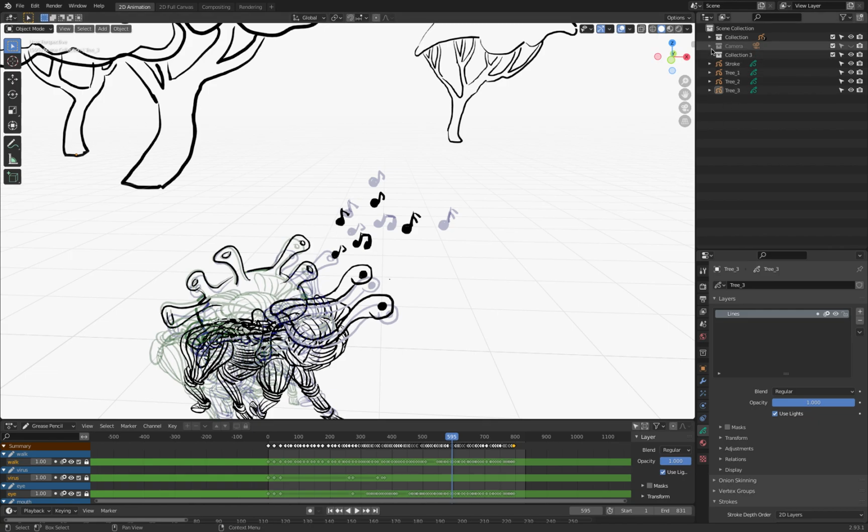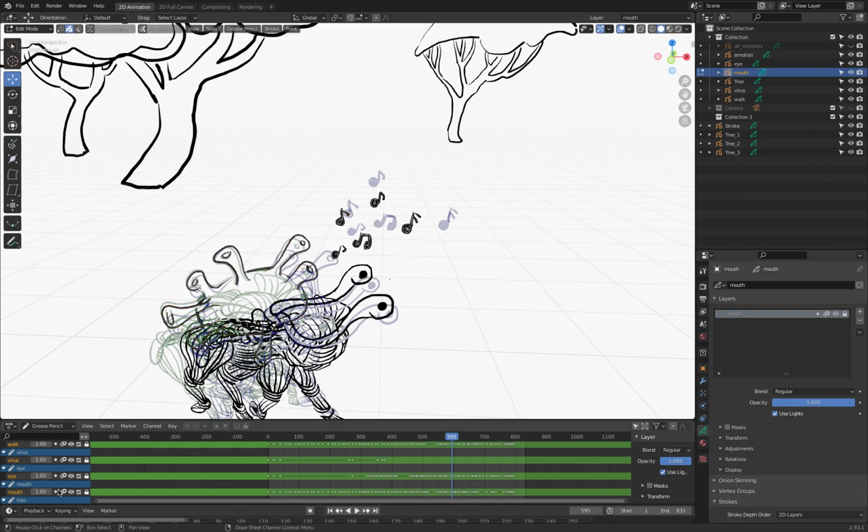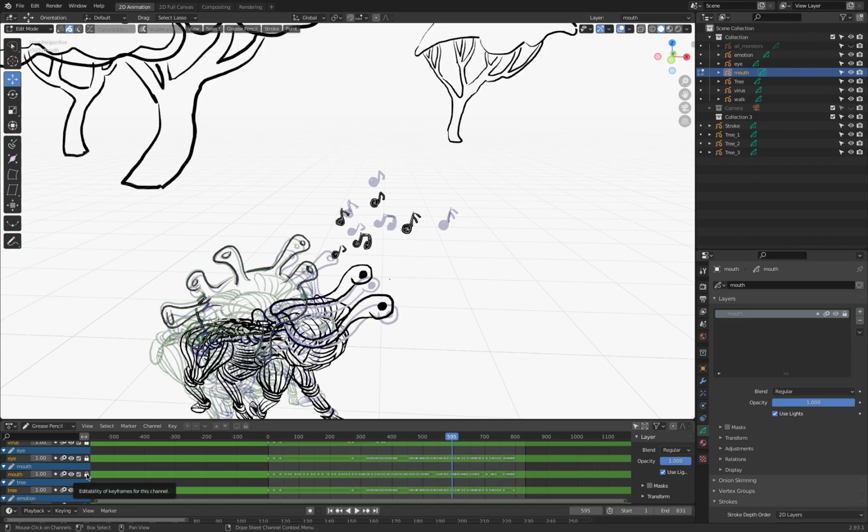Let me first select the monster. It's the mouth monster that contains the music notes. So I select that, tab into edit mode, and I have to unlock the mouth monster before I make changes. And then in edit mode, I lasso select the first one, and then separate strokes points, and it goes to another grease pencil object. So that is music 1,